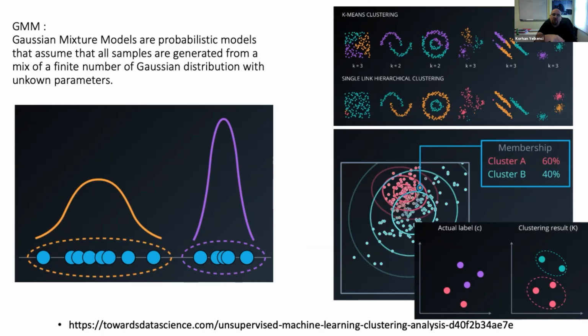As you see, there are points, and this model places Gaussians at the centers of the dense points. On the right side, in the middle picture, there are your points, and the program tries to find the Gaussian fits on those data, and easily you can do a clustering like that.